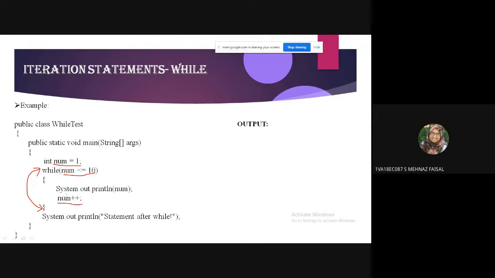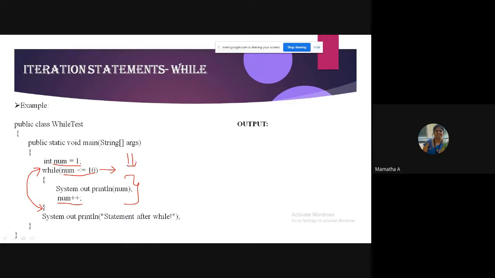1 to 10, it will print, then the statement after while. I have one question for you. How many times is the condition checked? 11 times.